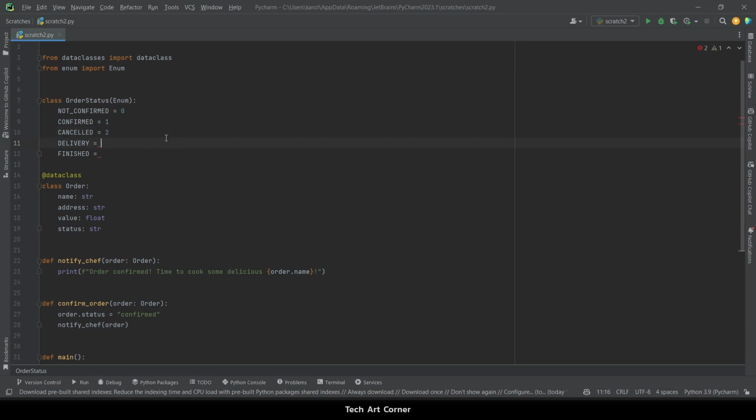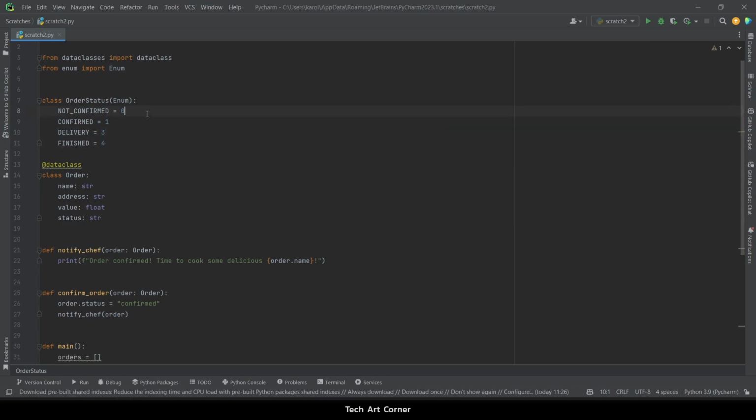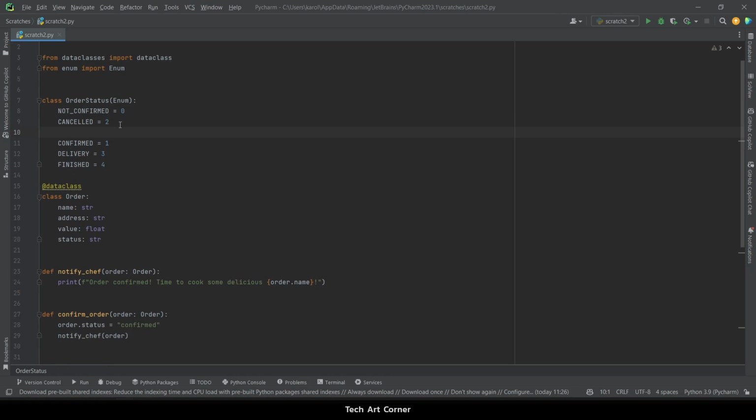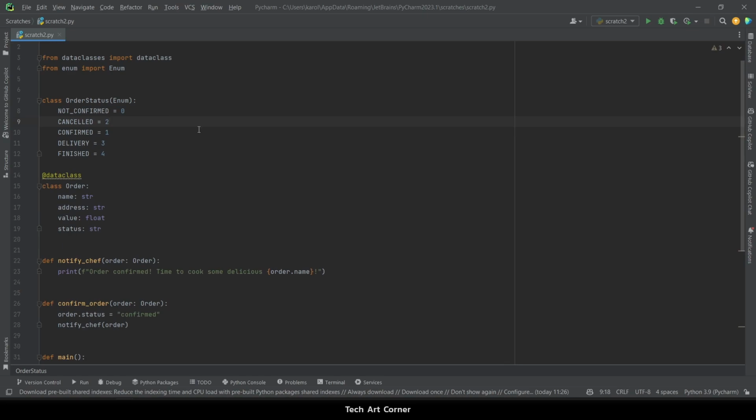But if we declare those numbers here and want to change the order, now we have to fix all of that. And also, if we have many parameters, we may run into a struggle of typing manually all of that stuff. And someone was wise and made an auto function that does all of that for us. The only thing we have to do is to import it from the enum module, and that's it. That's going to work.